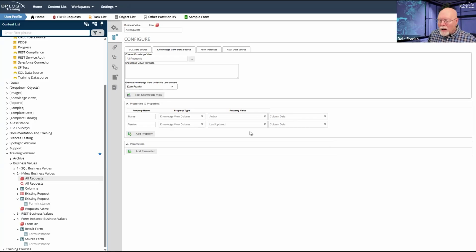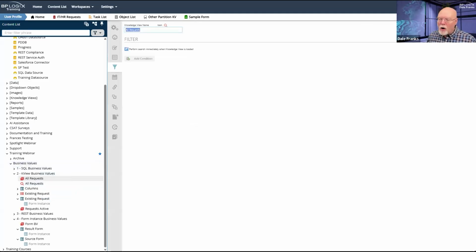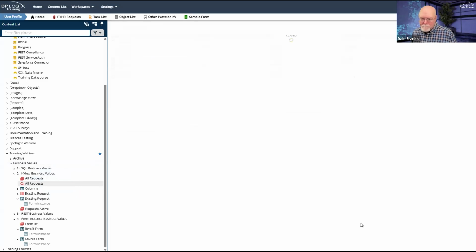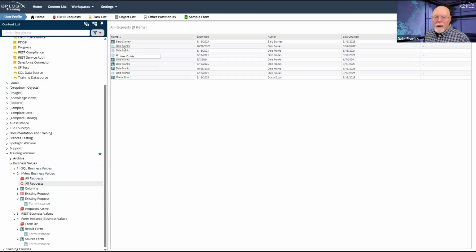Because knowledge views hide some complexity for you, when you run this knowledge view, so we'll go back to our all requests knowledge view and we'll run it. This shows me the names. It's either me, Barb, or Diana. That's cool. That's not the data that's in that column, but it's cool that it shows me the names.